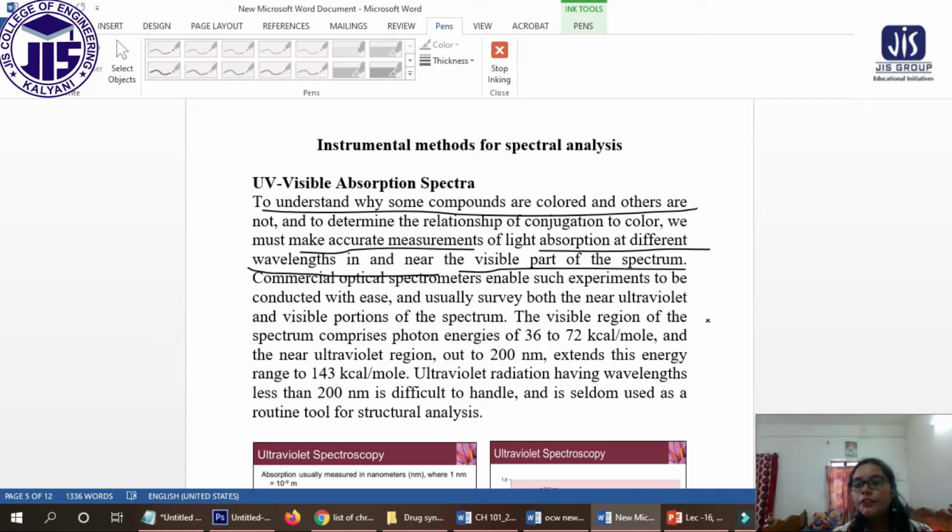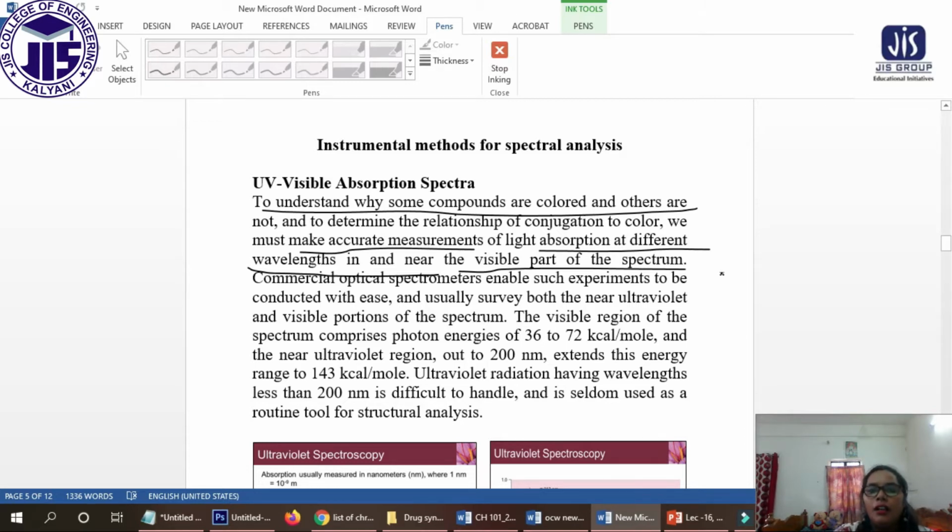So generally the color is for the excitation of the electron, and that electron will transfer to the higher energy level, but that is not the stable state. Again it will come back to the ground state, and whatever energy it will emit, that is actually showing the spectra. And if it is in the visible region, that will show the color also. So this is the main reason.